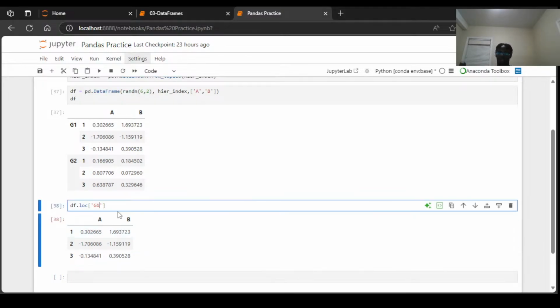And then I can continue indexing off of this, such as iloc or .loc, either one's fine, and then passing in a number. And that will actually then return these 2 items here as a series. So the basic idea is you call from the outside index and continue calling inside deeper. If you actually want to name these index,